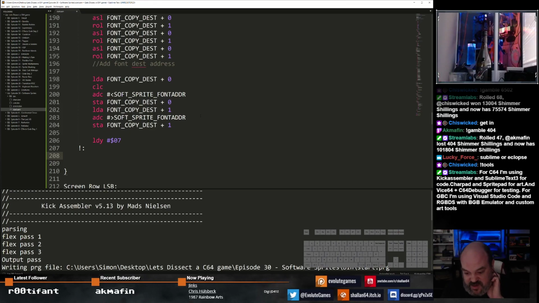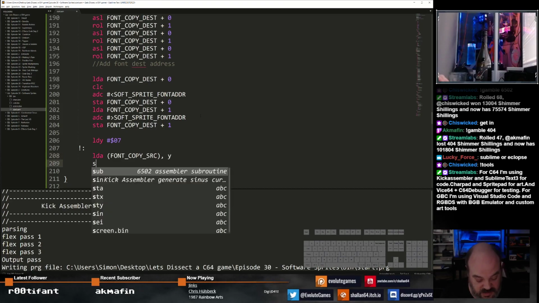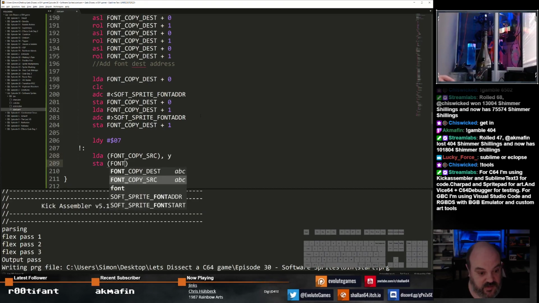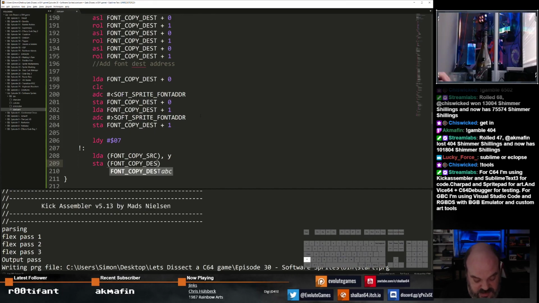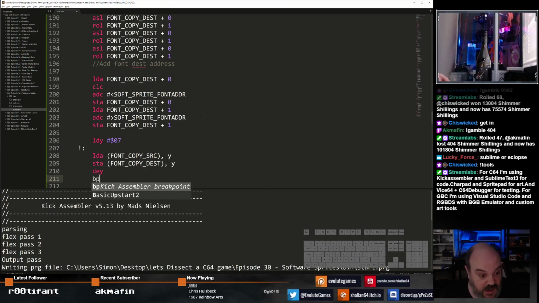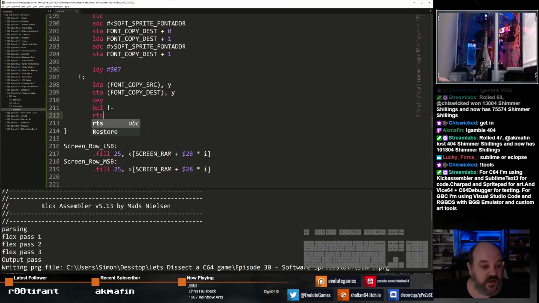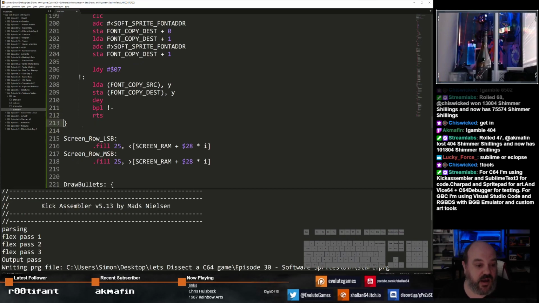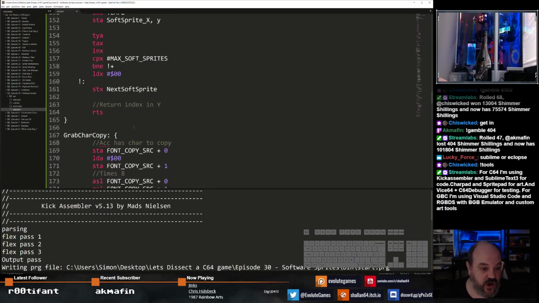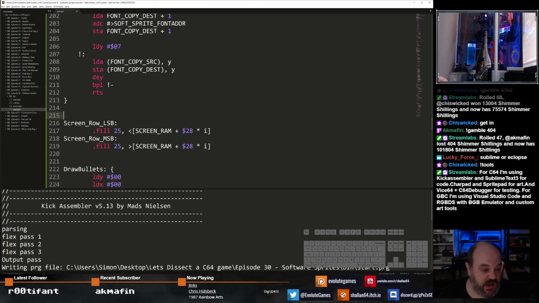But we'll go and take a look at it in the debugger, and you'll be able to see. So we should be able to load font, copy source, Y, install that at font, copy destination, Y, decrease Y as long as Y is positive, go back, RTS. So that's quite a lot, and you can imagine this is not going to be quick, which is why